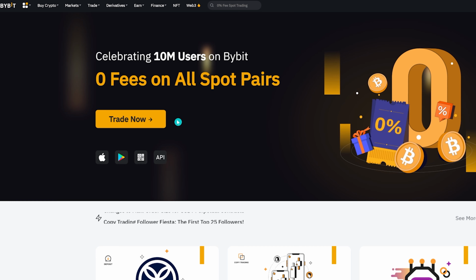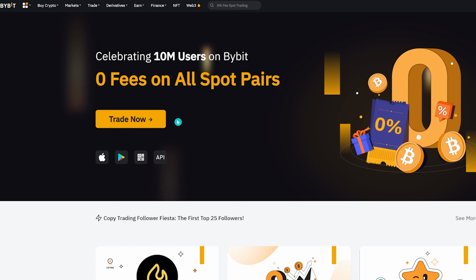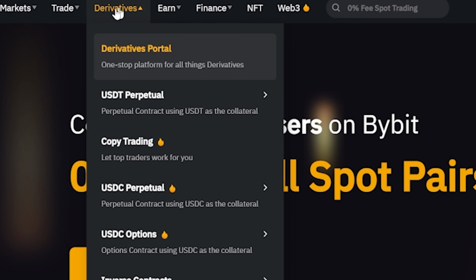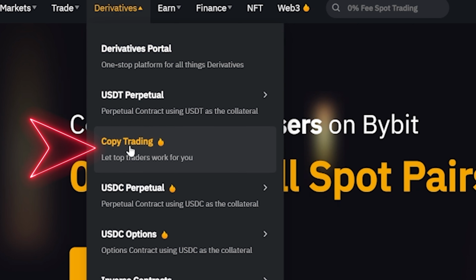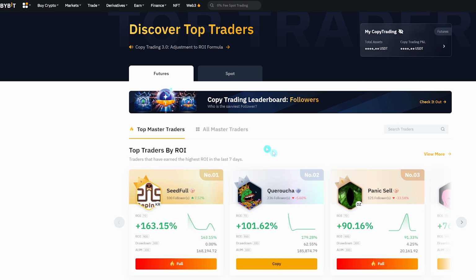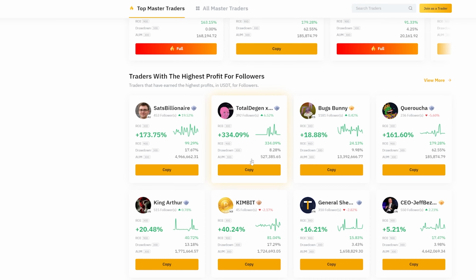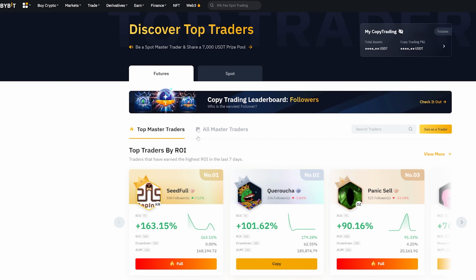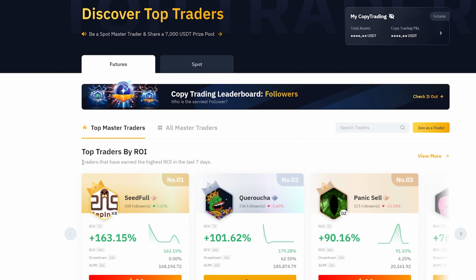Let's get started. All right, so after you created your account and made your first deposit, hover over on derivatives and click on copy trading. Here you'll be presented with the list of the most successful traders based on how you actually want to sort this out. As you can see here, it's actually sorted out by the highest return on investment on the past